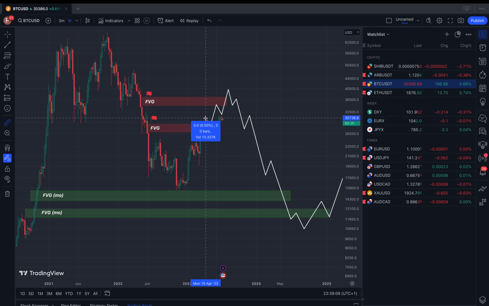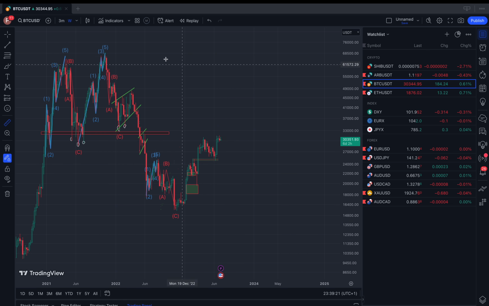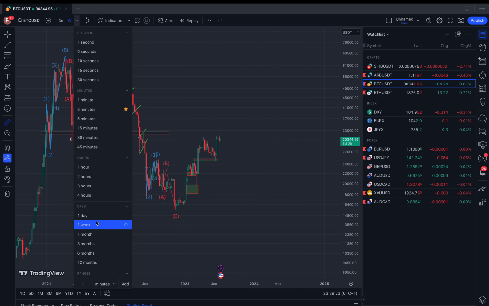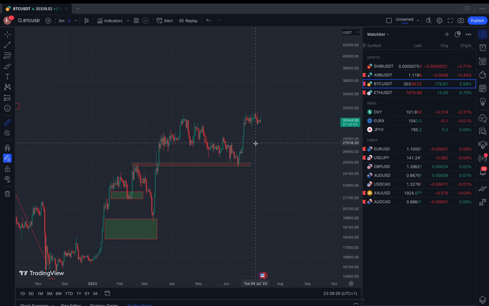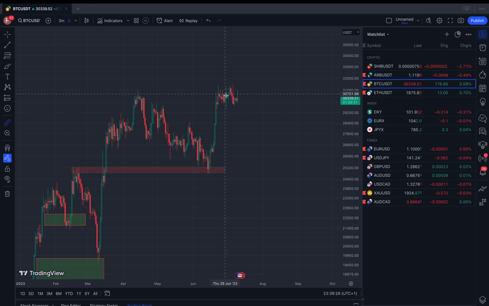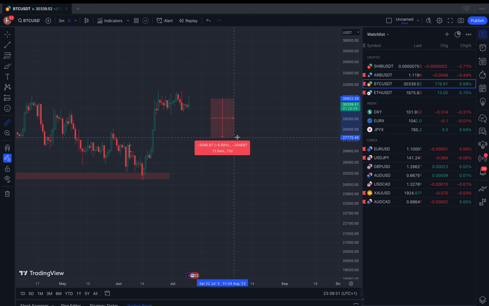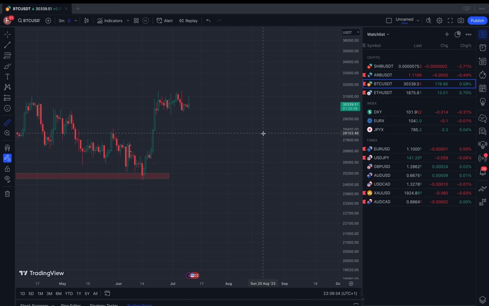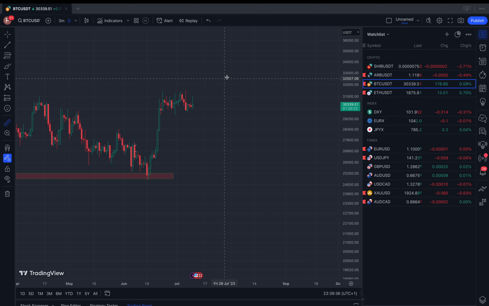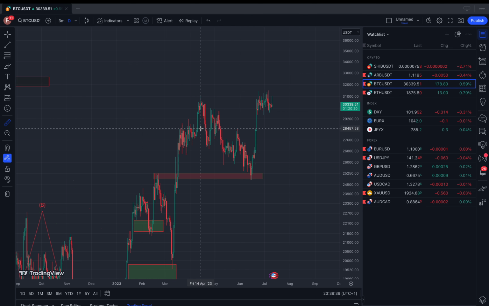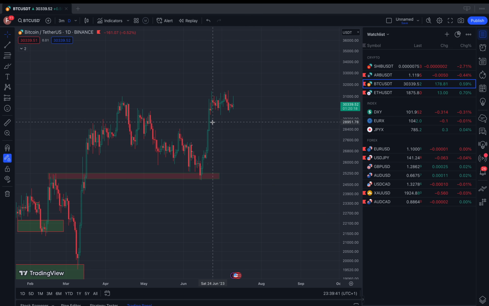So for instance, I called for this pullback once we hit the FEG, got about 20% in there, and then I longed the pump there, plus 30%. Now at the moment I do actually think we're gonna head down a little on the daily, so I'm now looking for a short position. Kind of disappointed Bitcoin didn't pump more earlier. It would have been a nice short. I think we're gonna go down into this region again. But you know, it is what it is. You don't get them all the time. So right, that's the first thing I look for: come up with an overall bias.